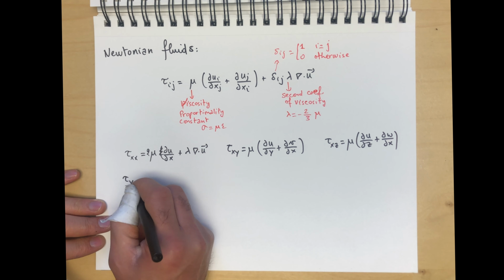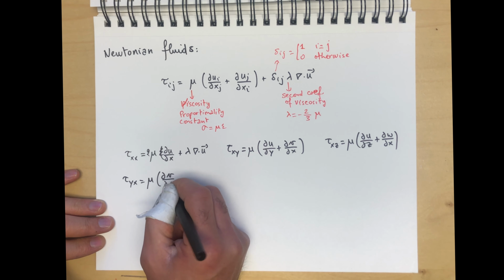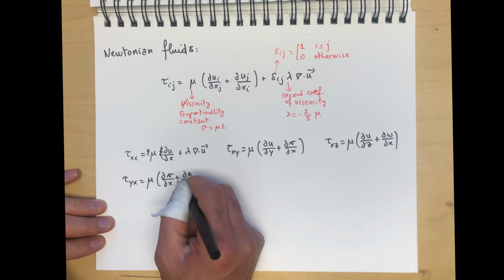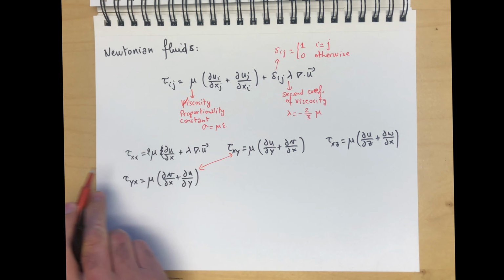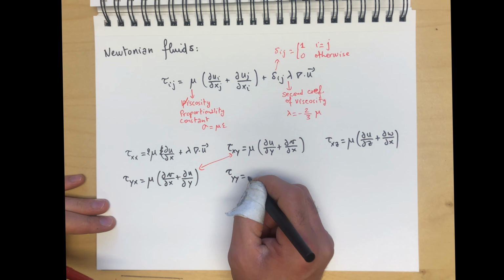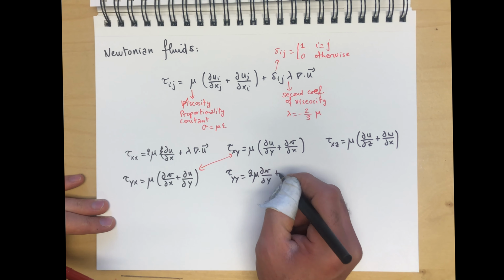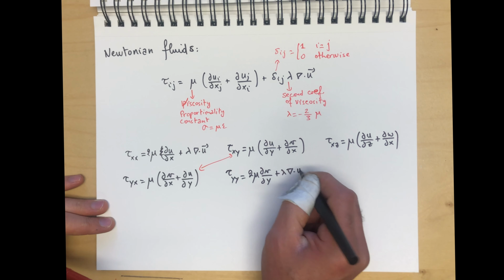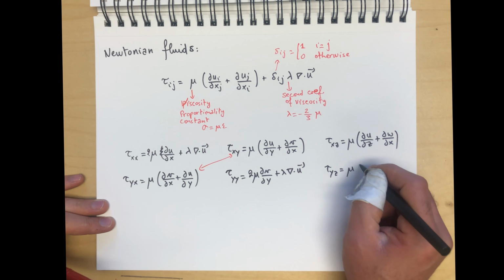Same thing, tau yx is equal to mu (dv by dx plus du by dy), and notice how these are equal. And tau yy is 2 mu dv by dy plus lambda div u,